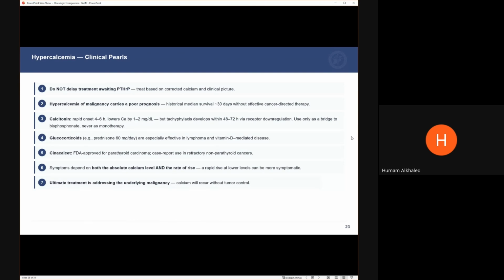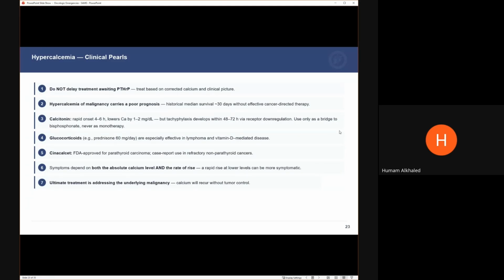Calcitonin stops working after about 48 to 72 hours because of tachyphylaxis, so don't use it by itself. You always want to pair it with a bisphosphonate. Steroids work great with lymphomas, and the dose is usually 60 milligram per day for about 3 to 5 days. Cinacalcet is FDA approved for parathyroid carcinomas and has been used in reports for other refractory cases, but it's not